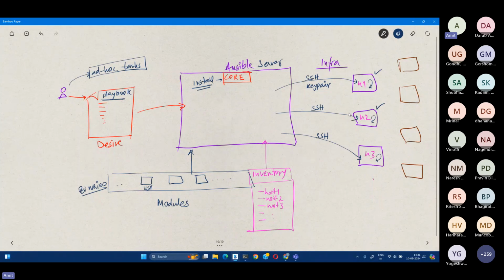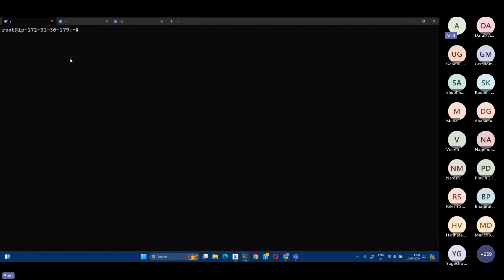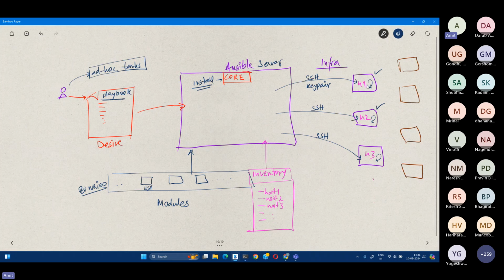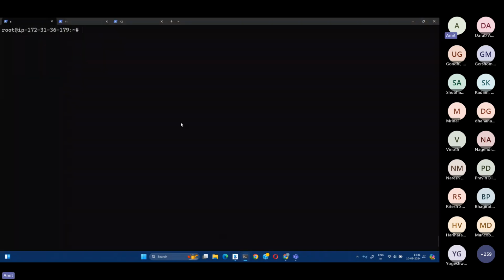Okay, now we need to tell Ansible that it needs to manage H1 and H2. Although it can connect to them, that is an operating system level configuration. The OS of the Ansible server, which is Ubuntu, can talk to the OS of these hosts. But Ansible needs to know that H1 and H2 are to be managed by Ansible. So we have to create an inventory file and give the information about both the hosts. All right. So on the Ansible server, if you go to /etc/ansible,